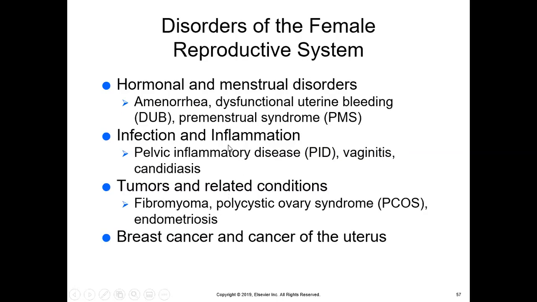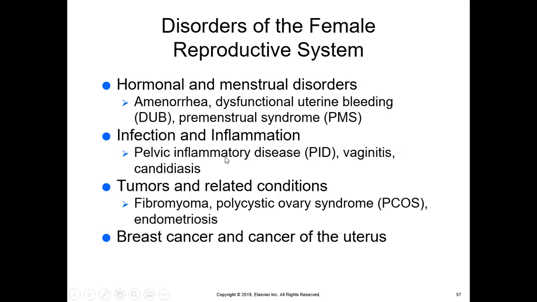So you have some disorders of the female reproductive system. You have hormonal and menstrual disorders like amenorrhea. This means no menstrual cycle. Dysfunctional uterine bleeding. That's where you may get too much or too little menstrual flow. Premenstrual syndrome. So before you go through